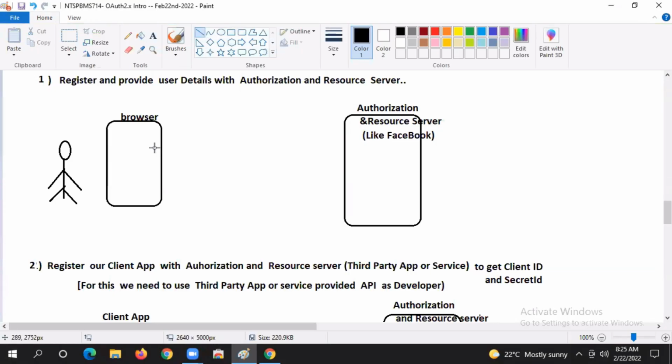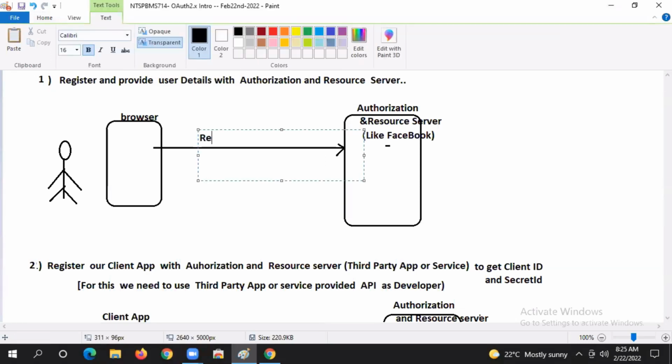Tell me what he will do. First, he will register, login,